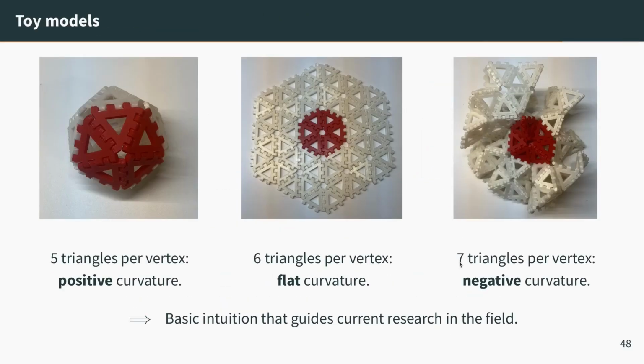Okay? And on the other hand, hyperbolic spaces are what happens when, instead of having 6 triangles per vertex, you have 7. And then you end up with this kind of salad. And that's why I say that trees are like salad, because trees are like hyperbolic spaces, and hyperbolic spaces look like salad. And maybe if you just look at this graph, you can play around with it and then wash your hands.